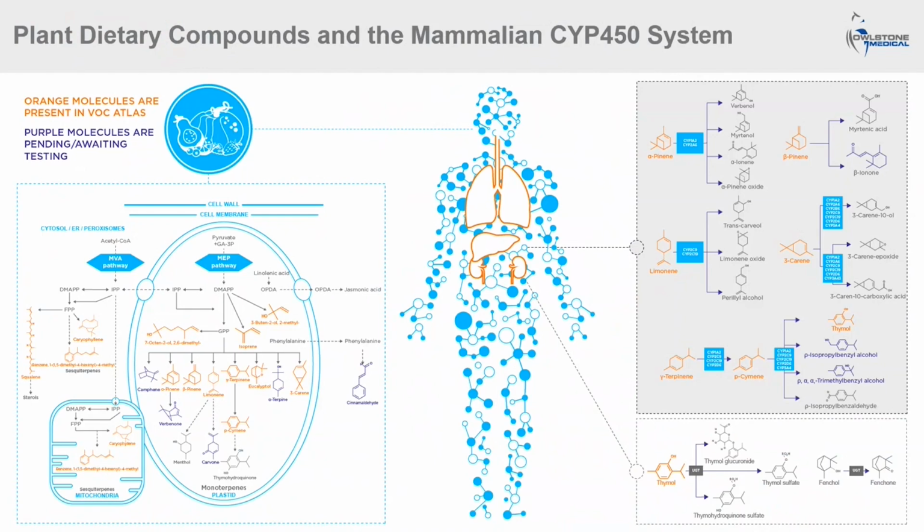To date, the understanding of which CYP enzymes are involved in these different terpenes and what metabolites are being produced downstream are limited to only a few in vitro, in vivo studies and in silico predictions. And as mentioned earlier, in vitro studies have suggested limonene is metabolized by CYP2C9 and CYP2C19.